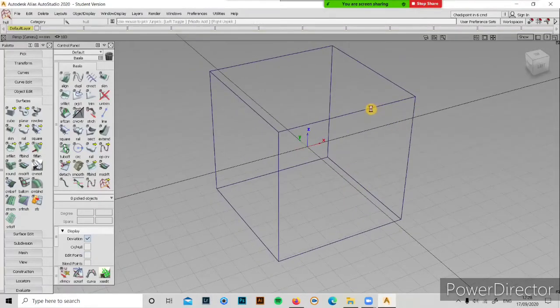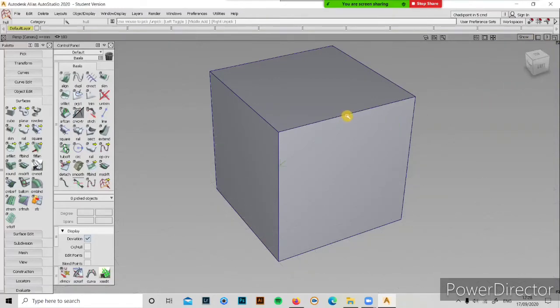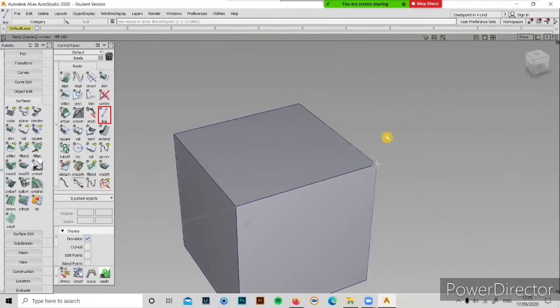Now I need to draw a line on the edge of this. How is it possible? Click the line tool. I'm going to hold Control and Alt, click the edge and drag it. It takes me directly to the edge of the cube. If I release it, that's it, one point of the line is done. To make a line, we need two points, a starting point and an ending point.